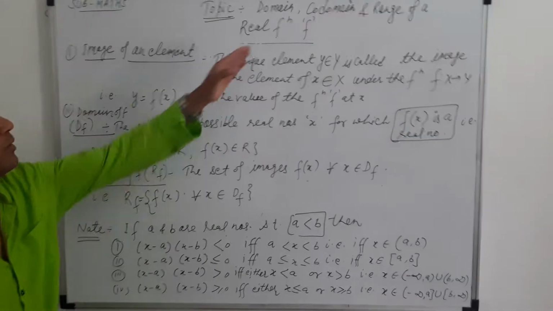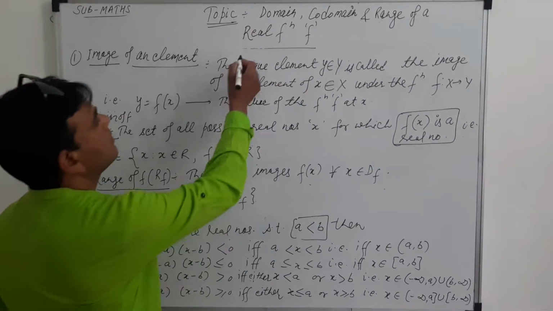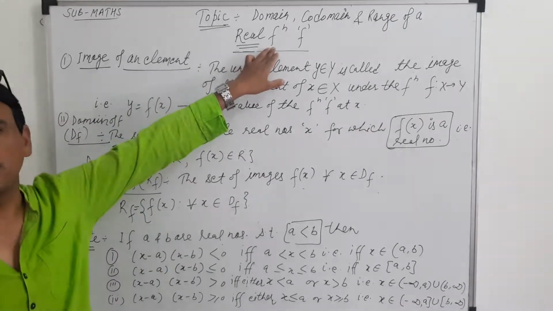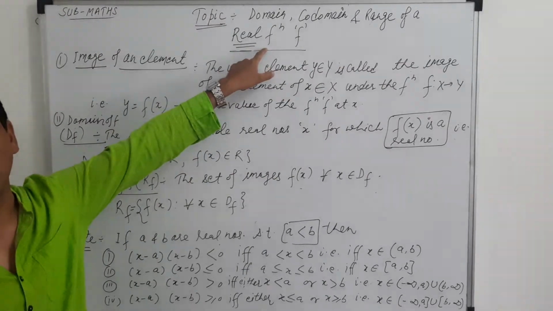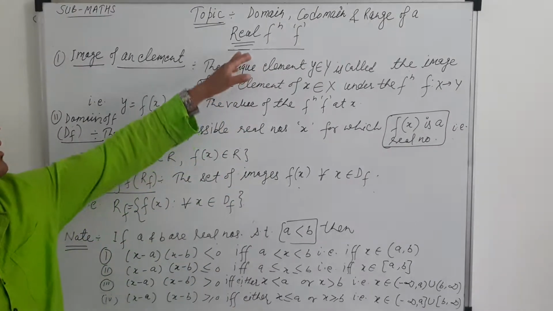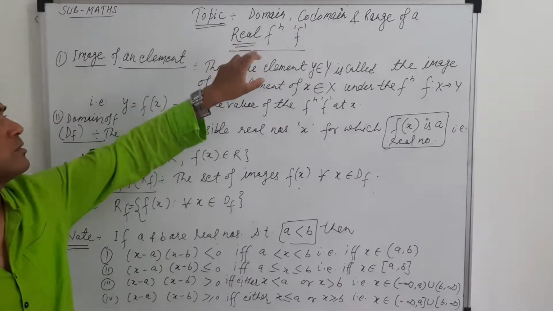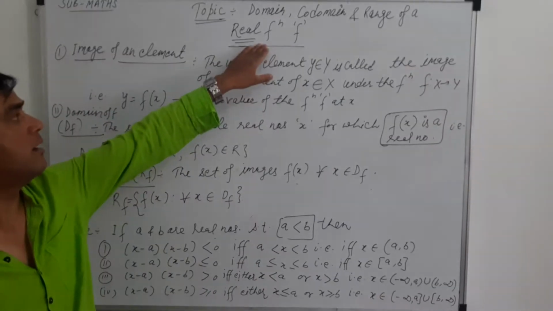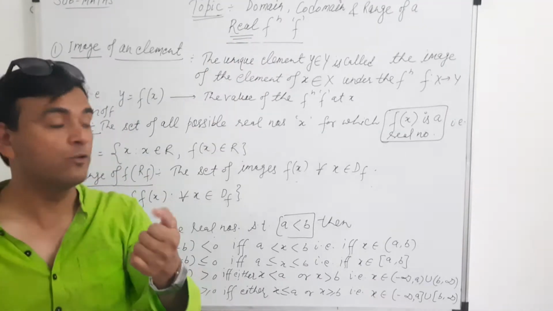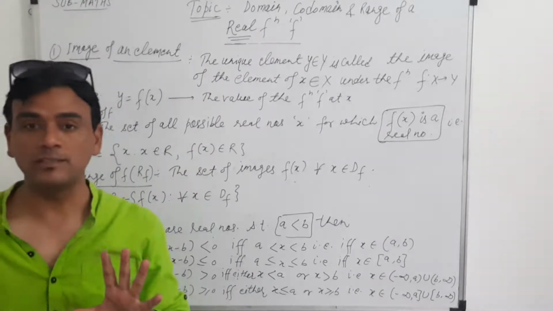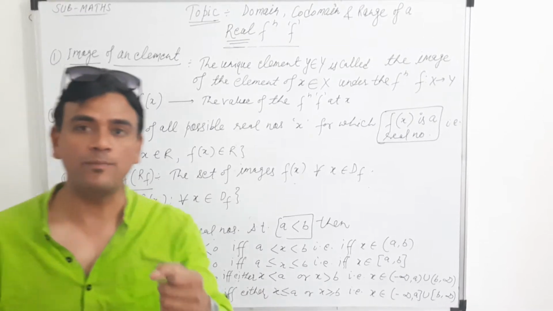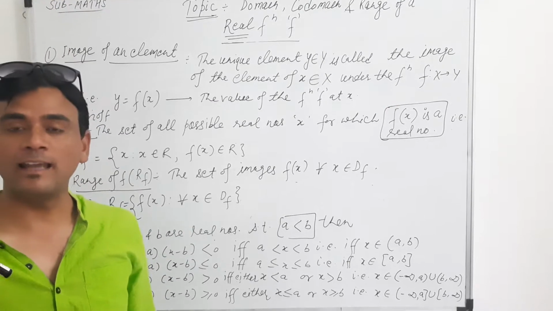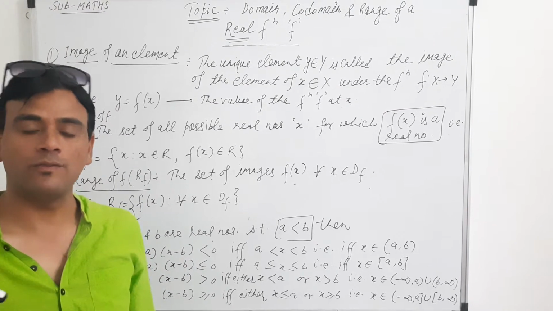First of all, before discussing these three, let's have a small discussion about the real function. Actually, we have already studied the function, but what is a real function? In 11th or 12th class, if we are studying real functions, we must know what a real function is. Before real function, there is a term, real valued function. Real valued function means if the range of any function is a subset of real numbers or the real numbers itself, then the function is called a real valued function.